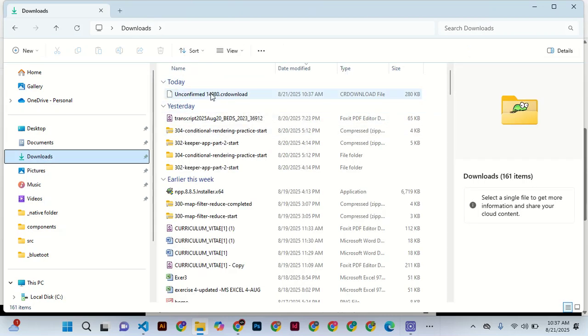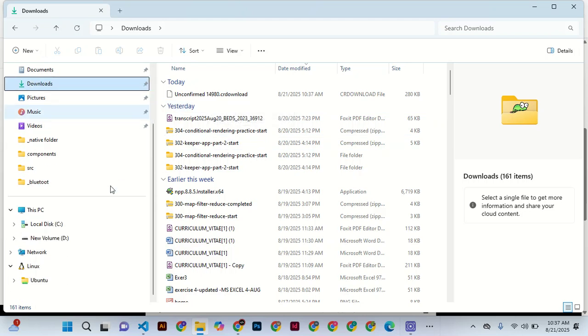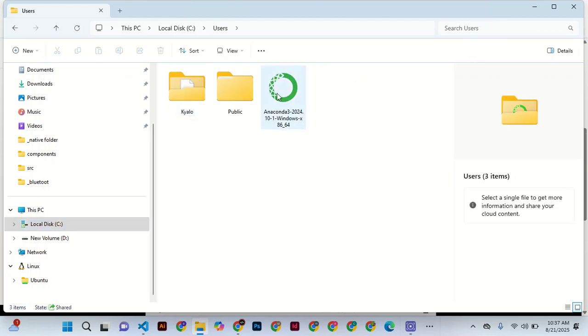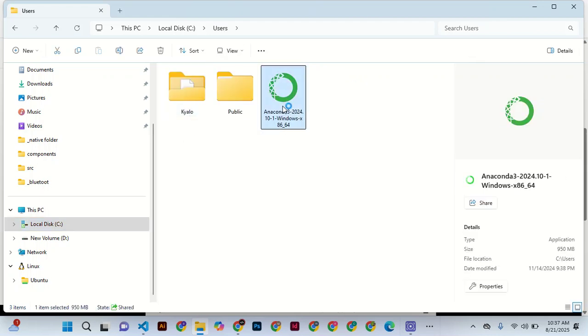It is still going on, but I have already configured mine. We'll just come to Users here, and it is here. So you can double click it,